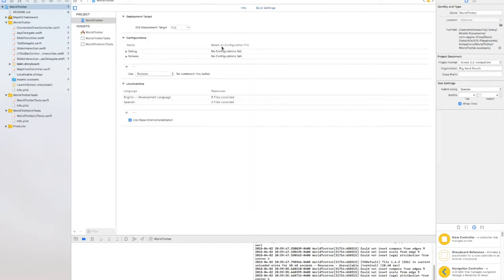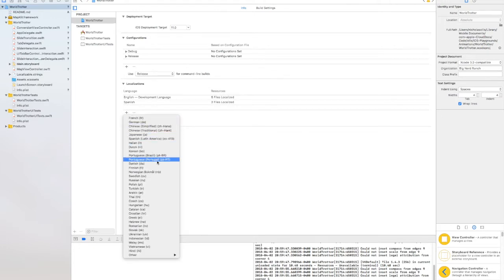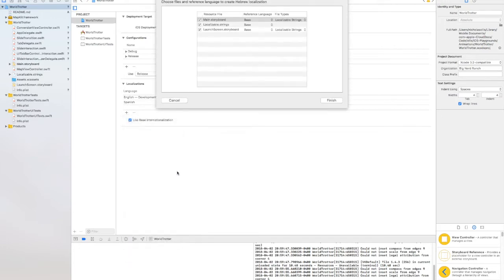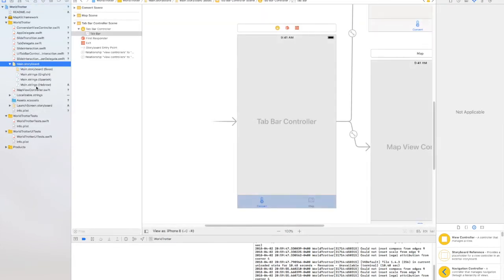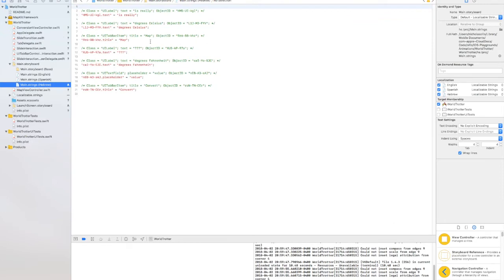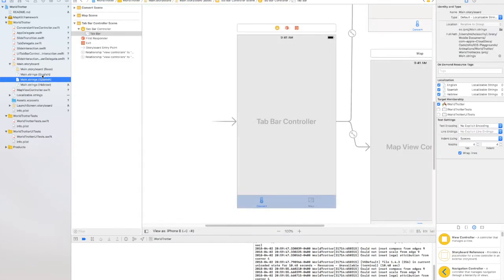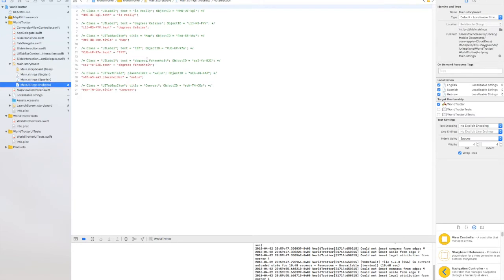So what we'll do is we'll say we want another localization, and we're going for Hebrew. We'll just leave all those checked. And there we go. If we pop this open now, sure enough, we now have a Hebrew file in here, which automatically generates these strings to say this is what is going on. What's that? It says 100, but this one says dots. Interesting. So I'm going to use Google Translate real quick and just